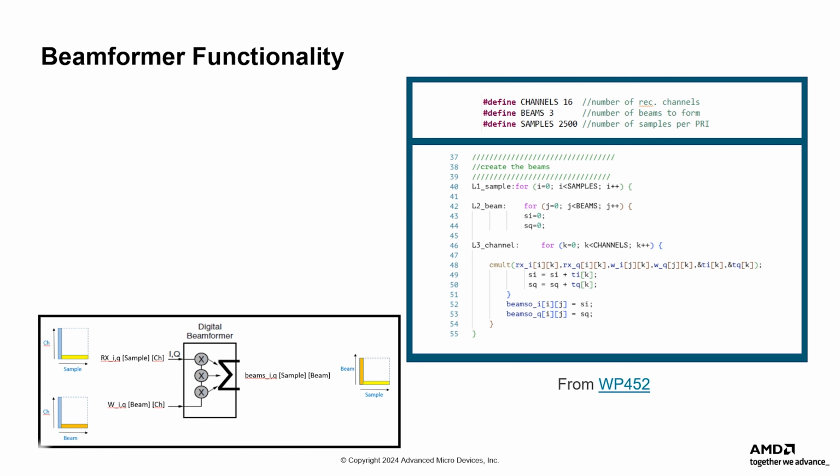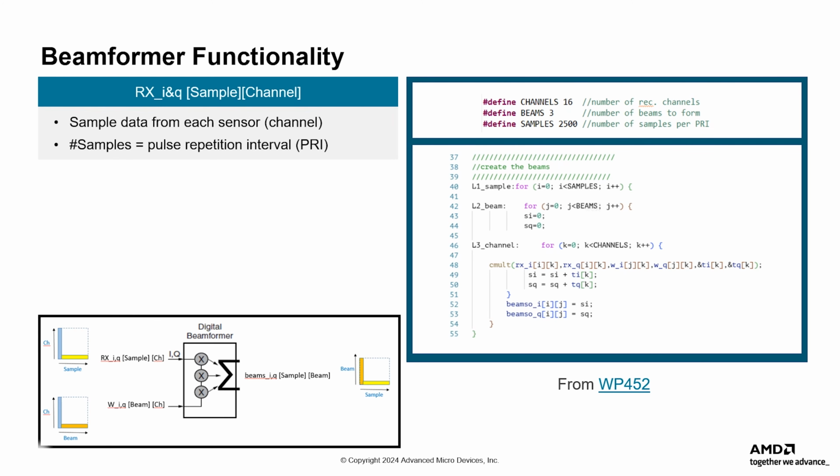A high-level block overview of the receiver beamforming concept is shown here. Our example design implements the compute engine portion of the beamformer with 16 receiver channels, each of which has both a real and an imaginary component. In addition, the beamformer has 3 beams. The design is then optimized to meet a performance specification and synthesized for use on a Versal Premium Series adaptive SoC.